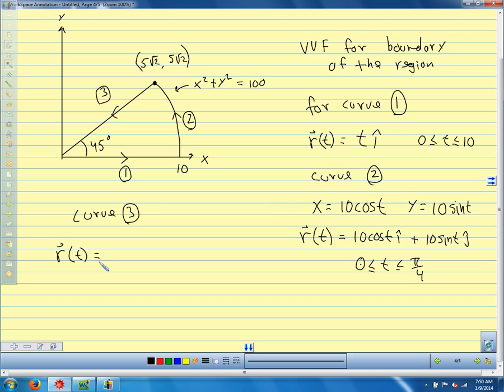Where do we want x and y to start out? What coordinates do we want for x and y? 5 square root of 2. So that's a good place to start, right? 5 square root of 2, and I'm going to put an i here, and a plus, and a 5 square root of 2, and a j here. So how are we going to get from 5 square root of 2 back to 0? What's the easy way to get back to 0? t. I'm going to say, how about 5 square root of 2 minus t